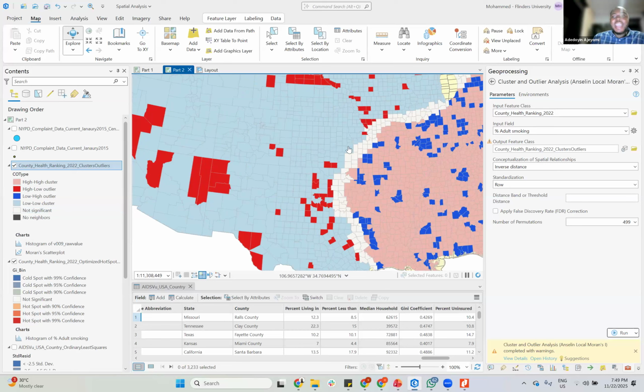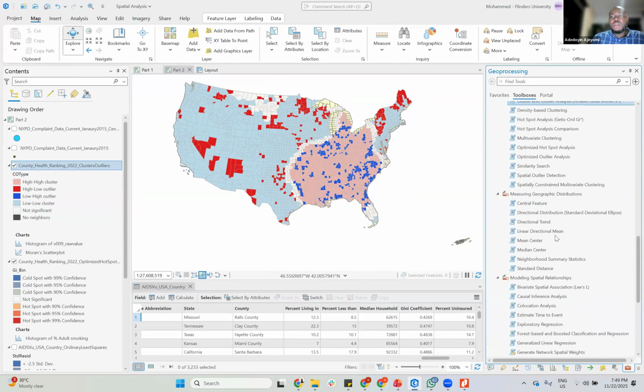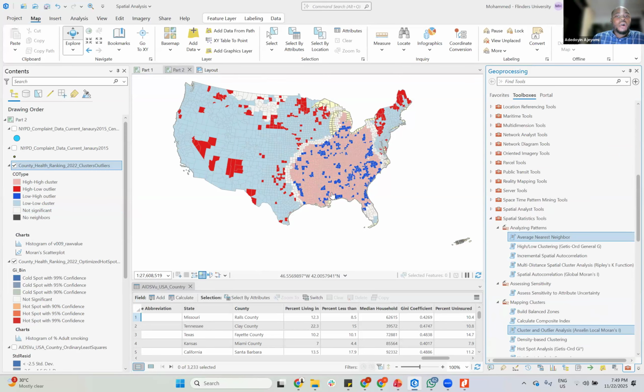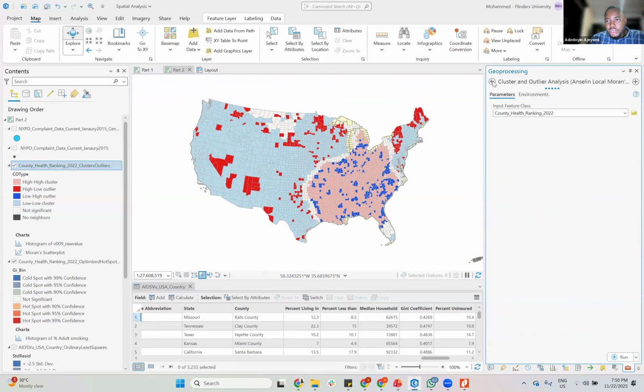they are very high. So we have a lot of tools that we cannot even check out because time will not even permit us. As you can see, the spatial statistics toolbox has a lot of tools you can use to perform all this analysis and more than this. So without taking much of our time,